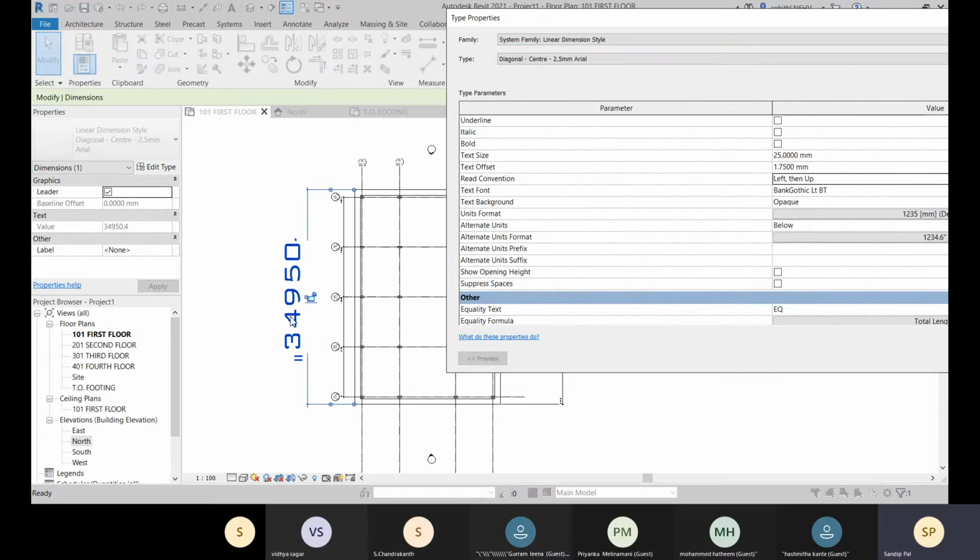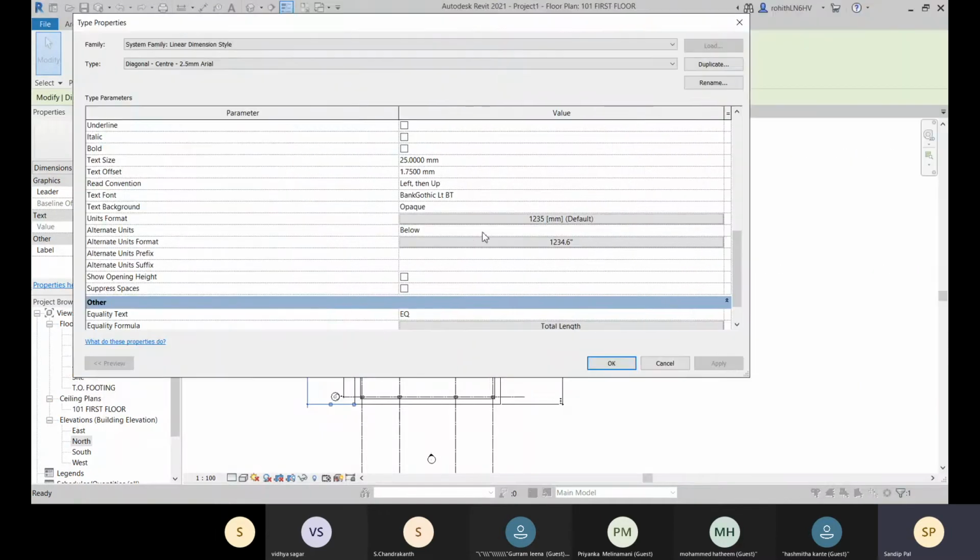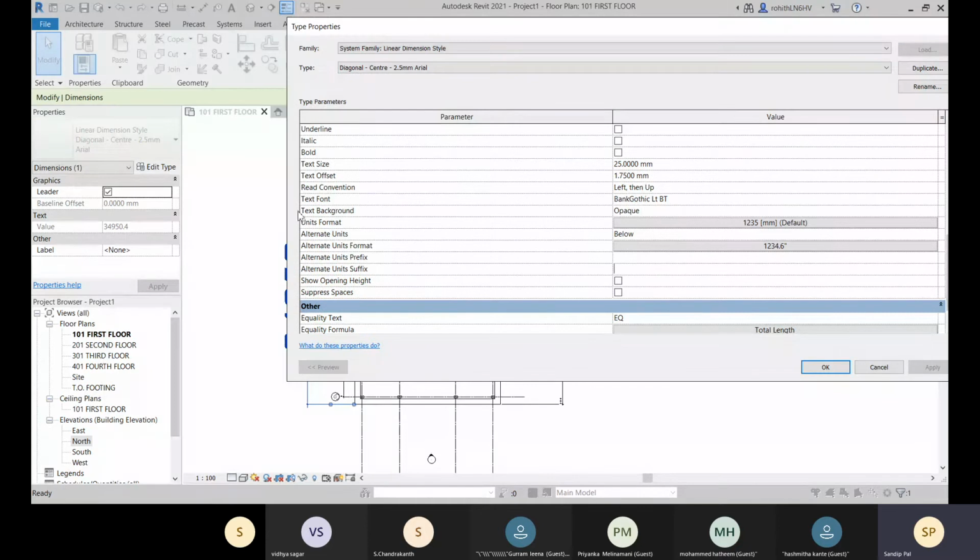All right, and with this alternate unit prefix, you can add some prefix over there. Alternate units suffix is also there. Okay, now give some text offset over there. For that, let me give 15, and let's click on apply and OK.